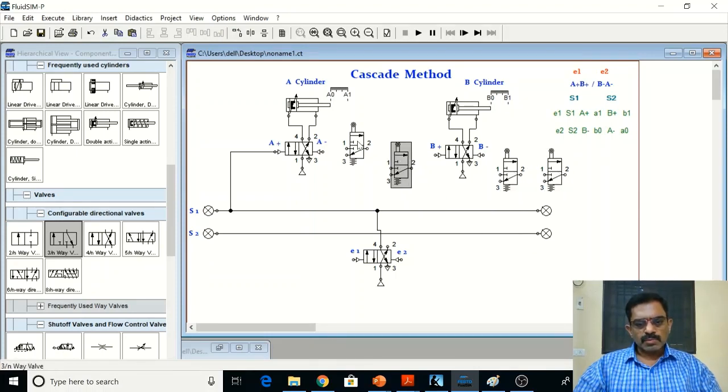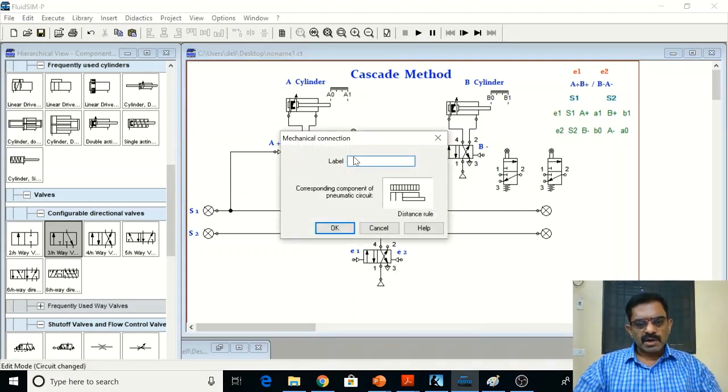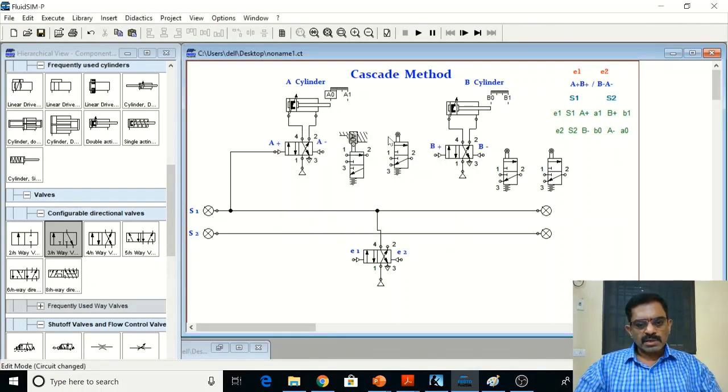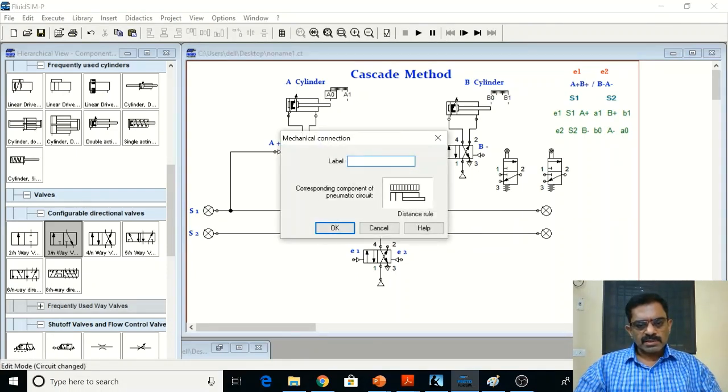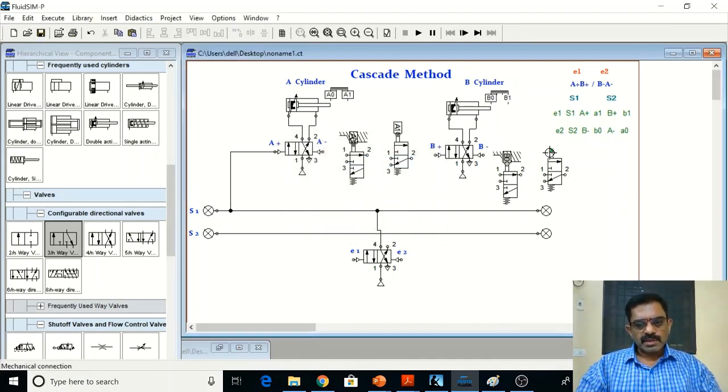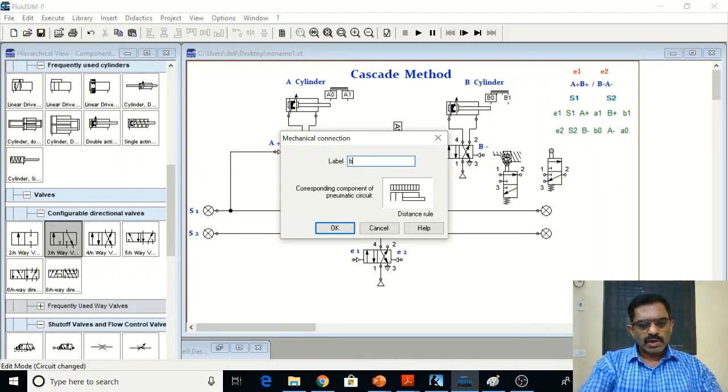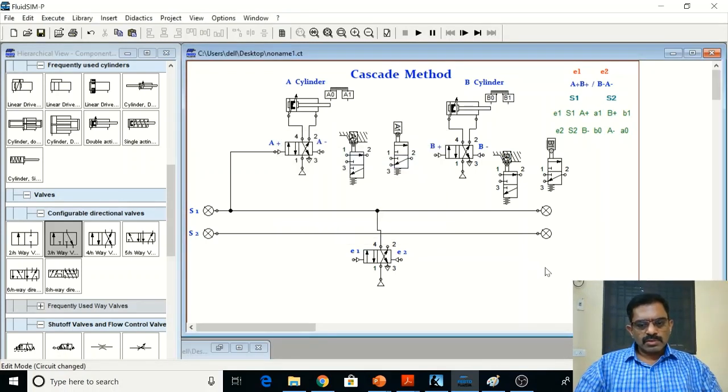And this is one more cylinder. So this is for another cylinder. So directly let me give notations. So small A0, and this is A1. This is my B0, and this is my B1. So B1. So now I have chosen all the components. So I have to give connections very carefully, and let me start the connections.